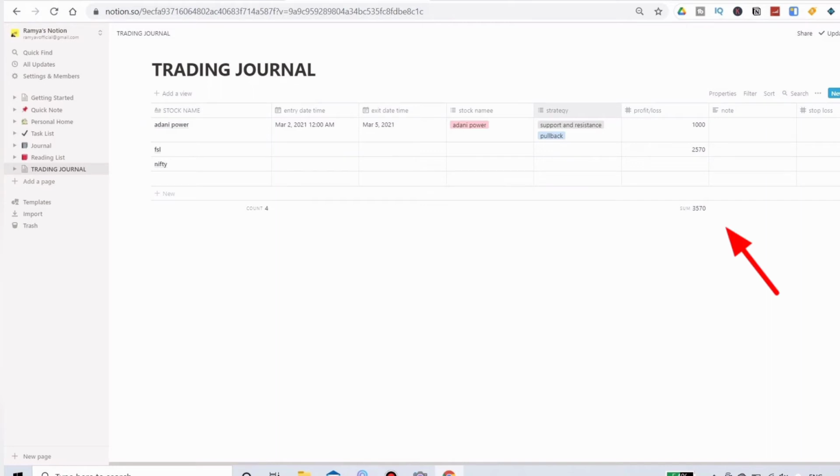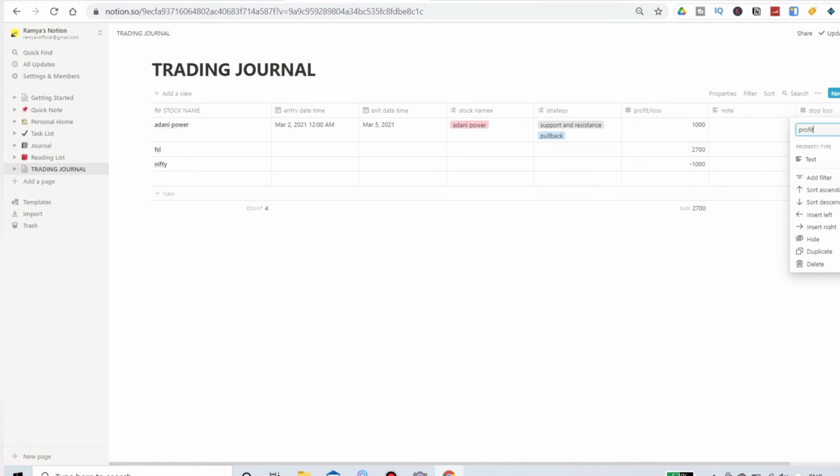To calculate any number, just click on the calculate button at the bottom, and then you can choose whatever you want, like sum, average and all, and it will automatically calculate it. If you are in loss, just enter minus with the number, let's say 2000 something. If I enter it in minus, so this is loss, it will immediately calculate it. So that's how it will calculate it.